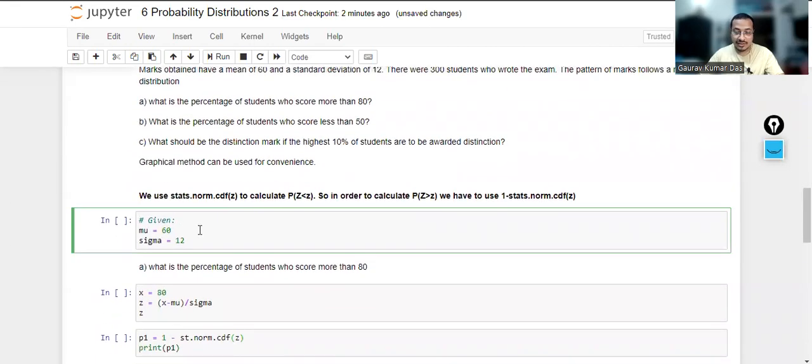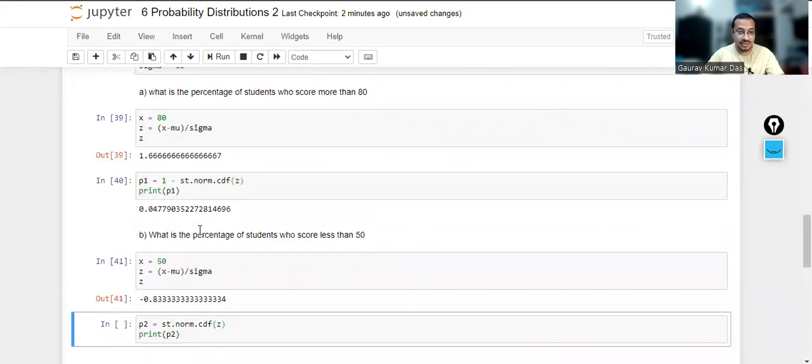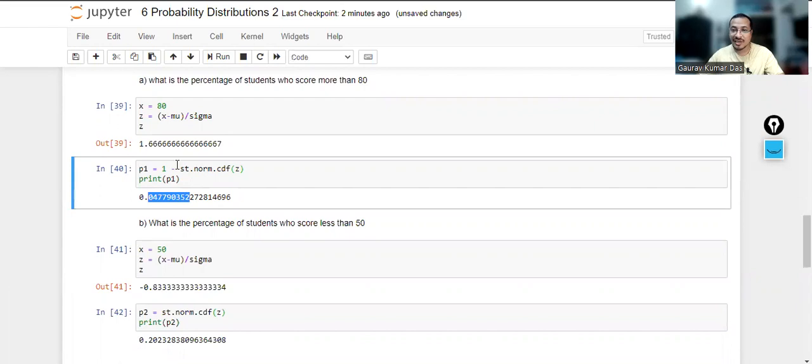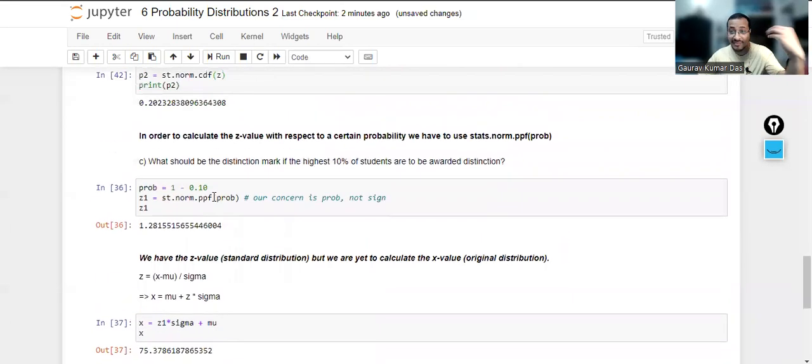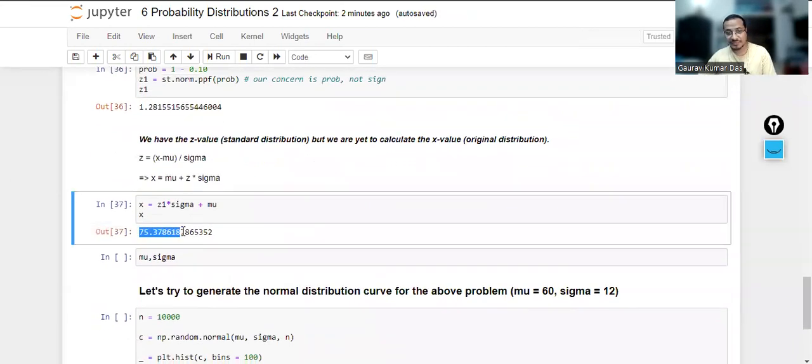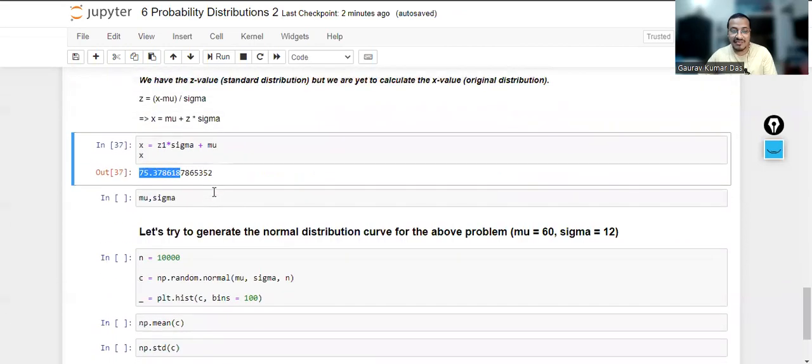If I run this again, because I had cleared out all the previous codes, you can see here 4% of people actually scored more than 80, and all of these are distinction marks, right? And the top 10% has to score 75 marks. Makes sense. Now, if I want to visualize this in the form of a graph, I can generate a normal